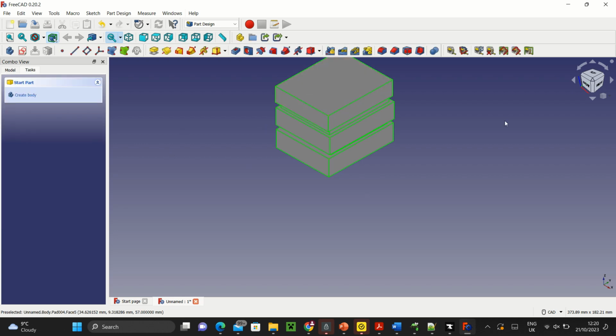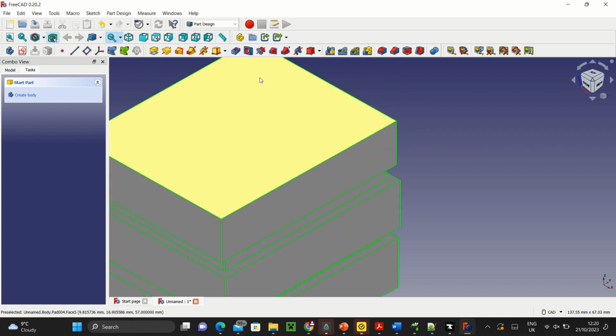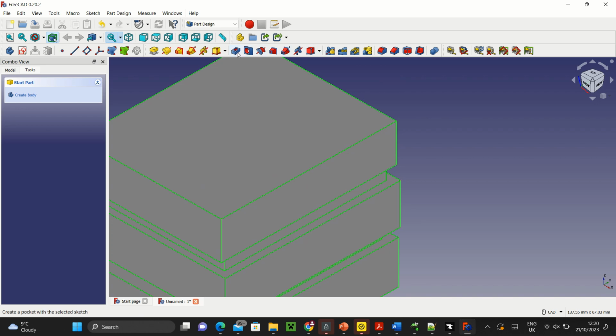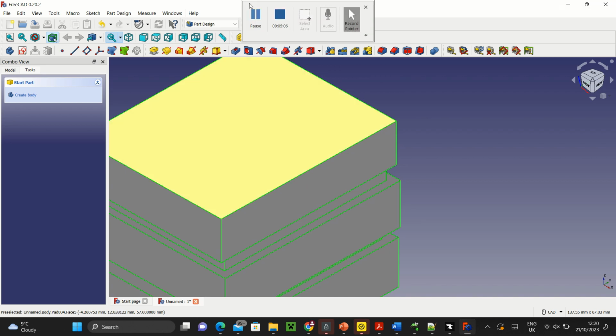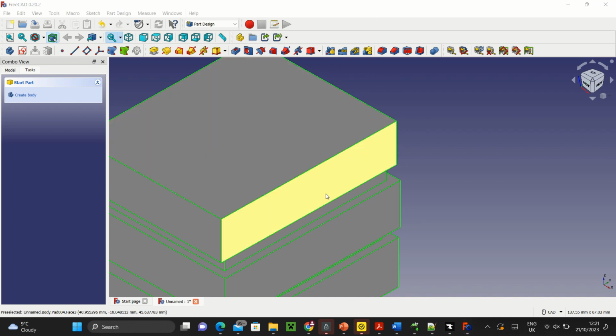Now to make the table, I do have a few ideas, but I don't think you can create a pocket in the. So I need to intersect and make it look better, but I just don't know how. But we'll do that in another video. This one, the last part's pretty easy. Anyway,